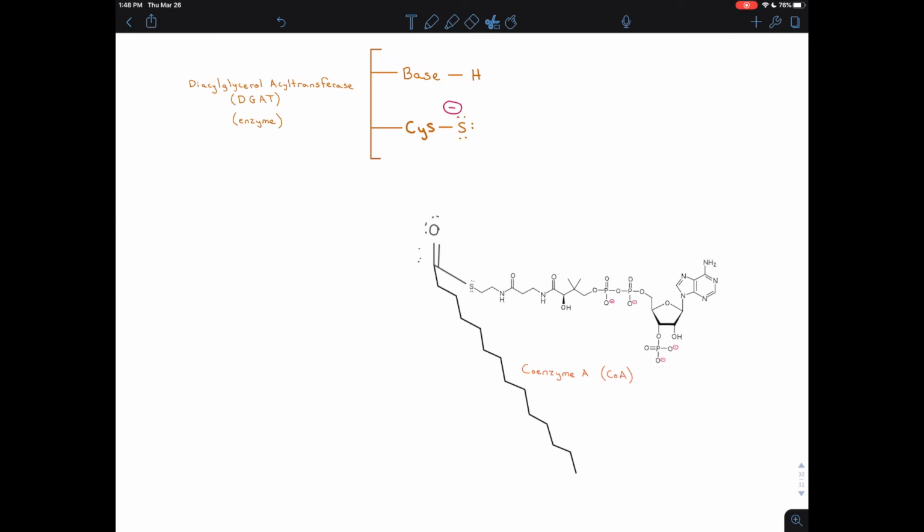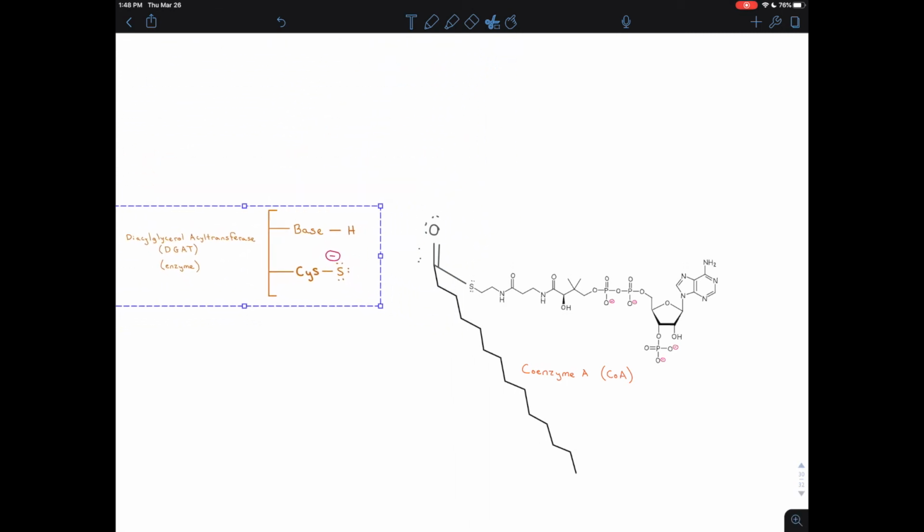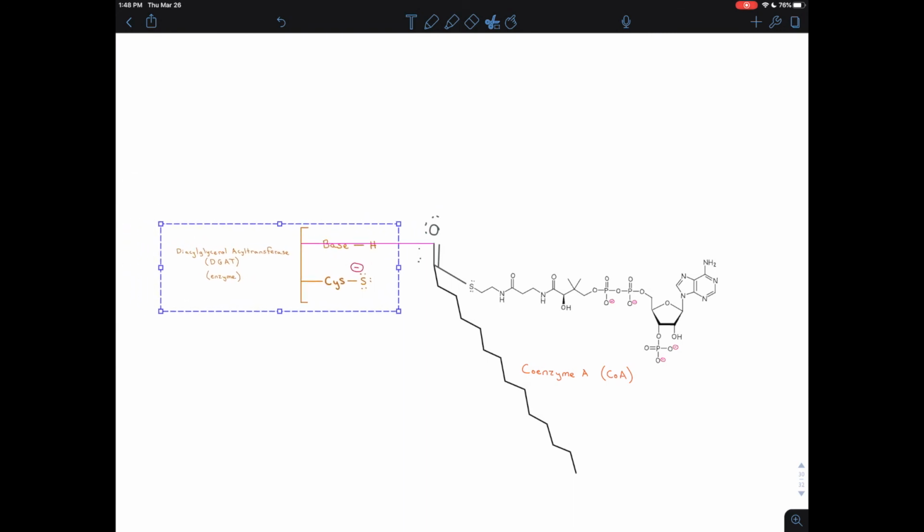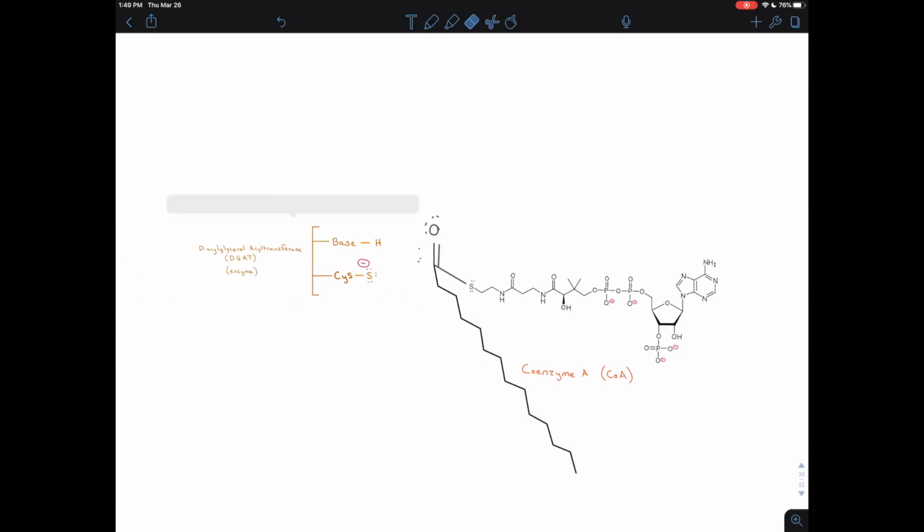Okay, so now that sulfur is a great nucleophile, and it can swoop in and attack the carbonyl carbon of our